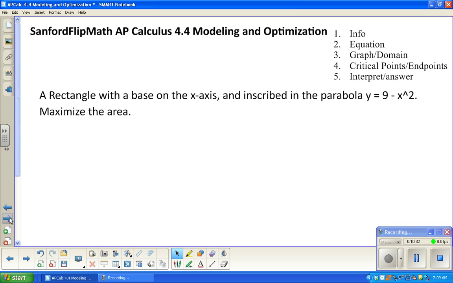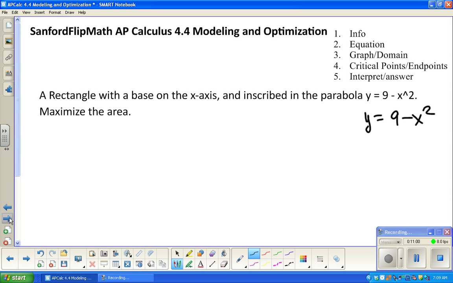Okay, all of the examples that we're going to look at today, probably this one and one more, are fairly typical for calculus. Let me just rewrite this, because what I did was snag this from Word without using any kind of equation editor. All right, so what we have is a rectangle with its base on the x-axis, and it's inscribed